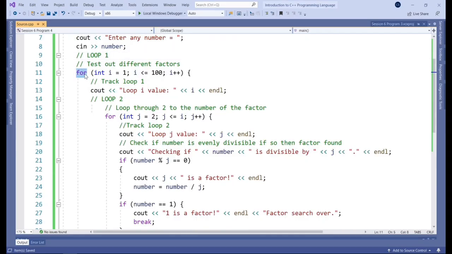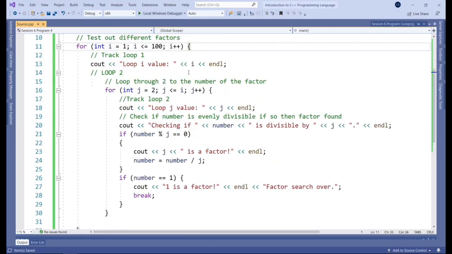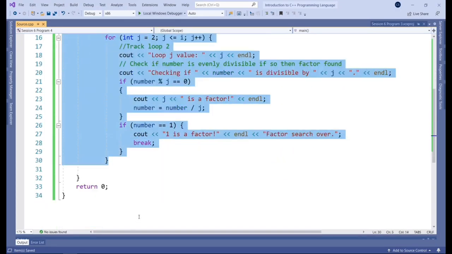We know it's a loop because we are using the for keyword, so it's going to be a for loop. And then we have the parameters here defining that loop. So we're going to track the iteration with the i variable, which is defined here starting at 1. And the loop will finish if i is over 100, right? So as long as it's less than or equal to 100, this will equal true. Therefore, the loop will continue. And after each loop, we will get an incrementation of 1. The body of the loop is contained within the brackets, so you can see that here.